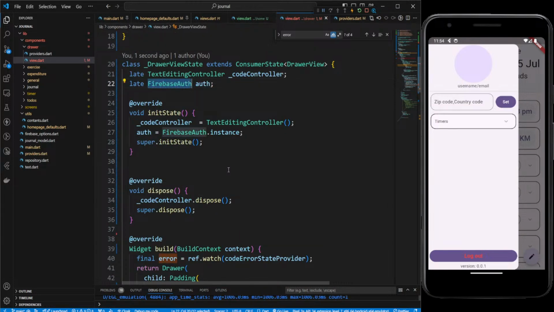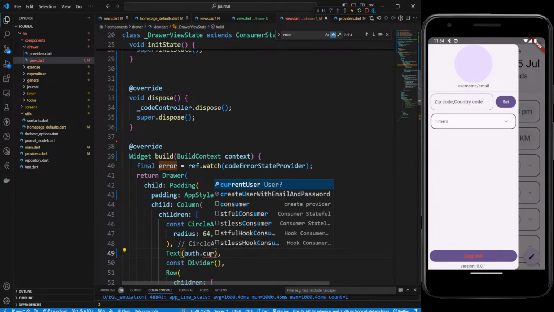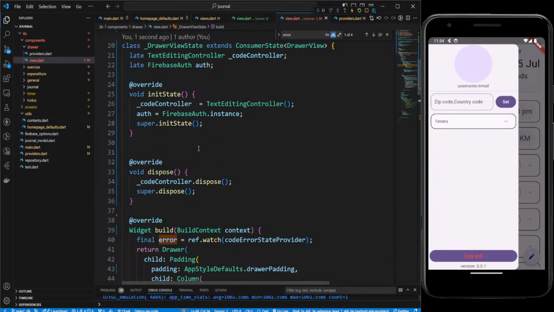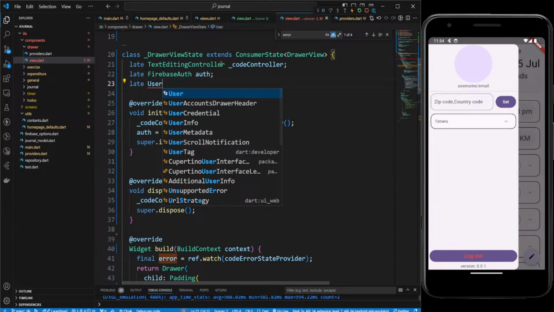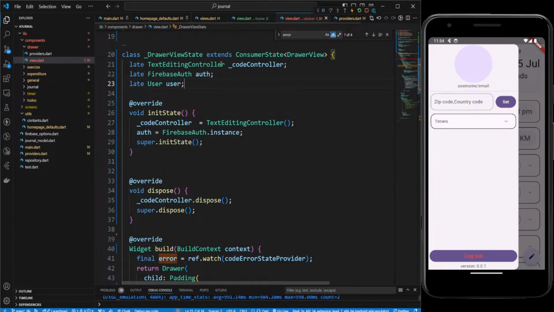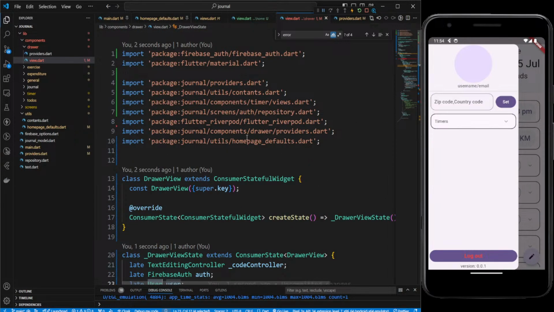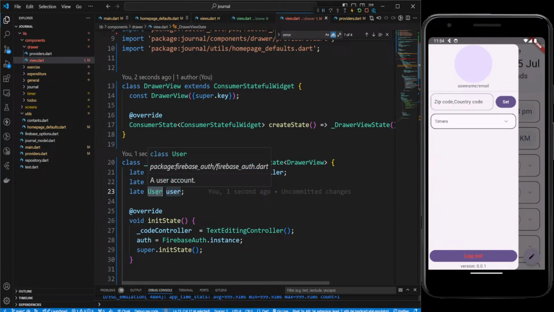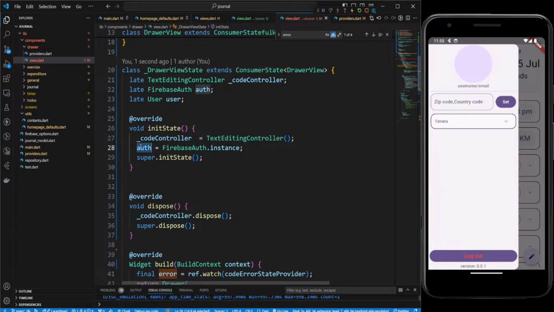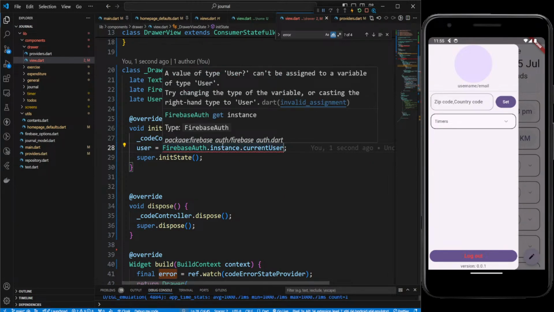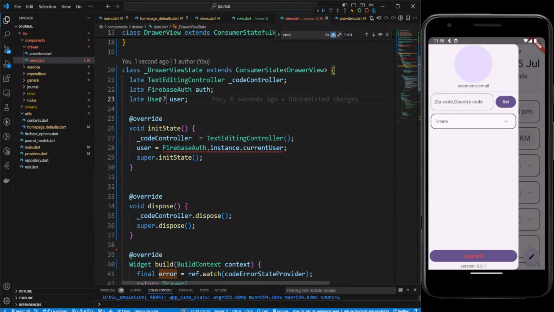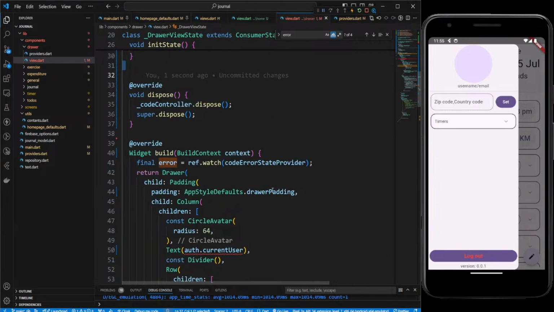One second. This one, right, we need the user. How did you get the user? Yeah, from Firebase auth, that's correct. And here user can be a Firebase auth instance dot current user, so it can be null. That's correct. The value of user can be assigned to, we want this to be, and here we can do